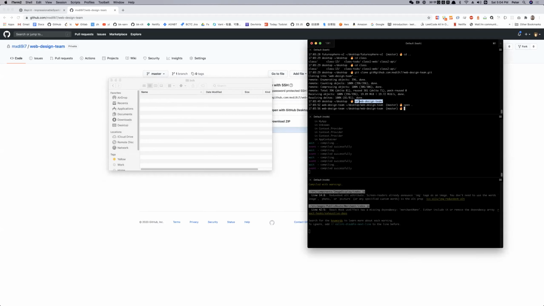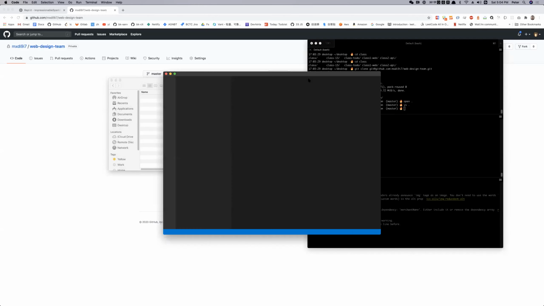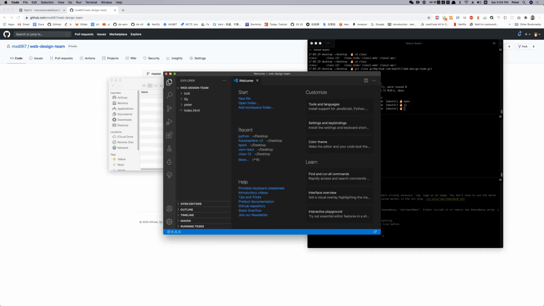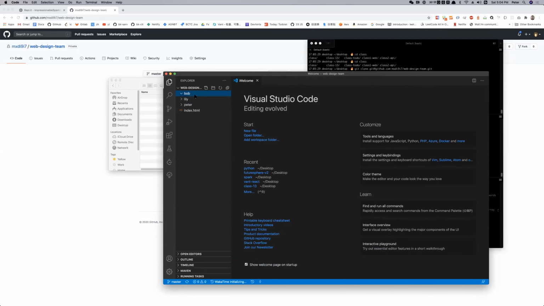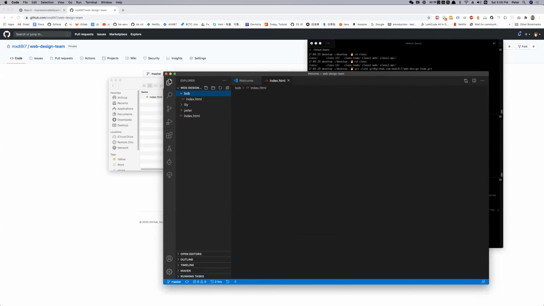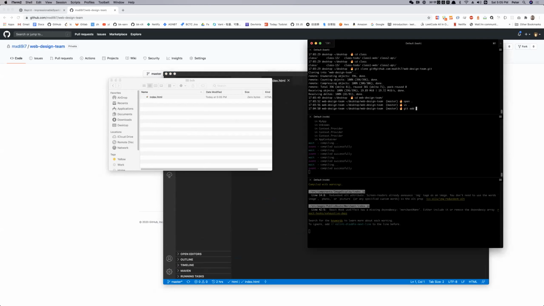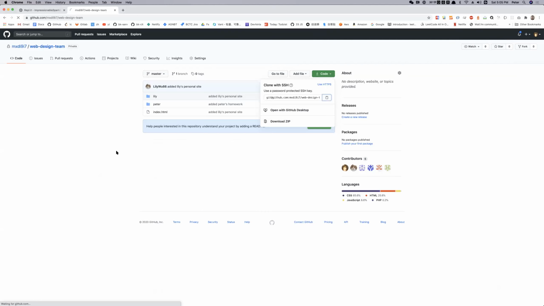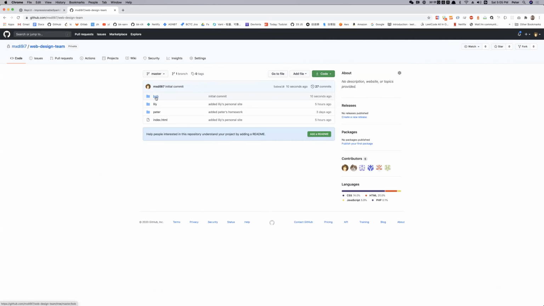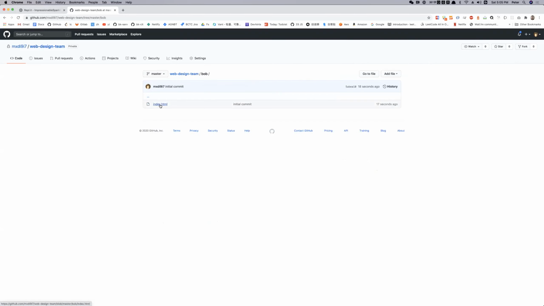Okay, and I need to rejoin. I think my files are on another account. Okay, sure. So inside the Bob folder, we have an index.html, and let's say I created my website here, and all I need to do is come here, git add, git commit, initial commit, and git push. These are the three things I need to do. So after I push it, it should show up here. Simple as that. This is easy, right? You only had this as your homework. It shouldn't take you that long.